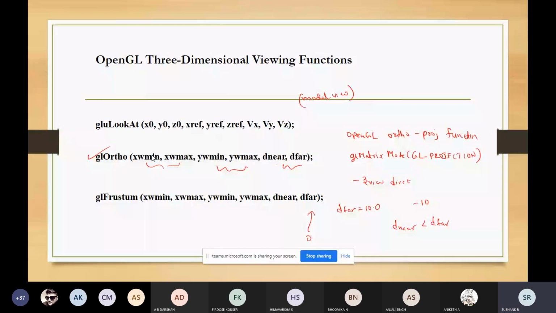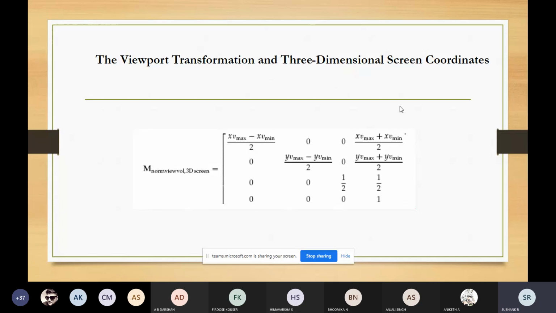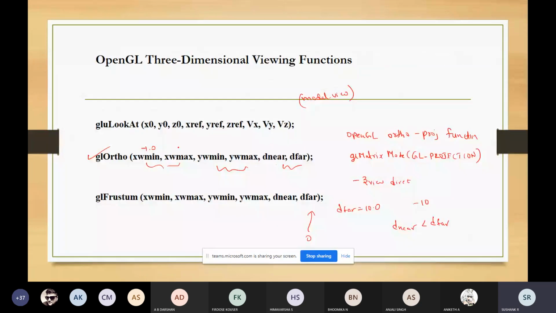So an example of this can be like x window min is -1, max is 1. Then again y min -1, max 1. So here you can write that it is 1.0, 1.0.